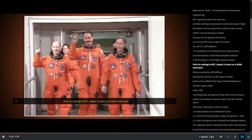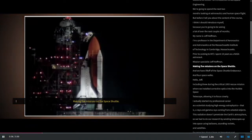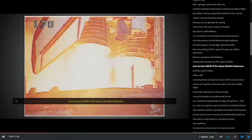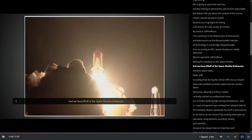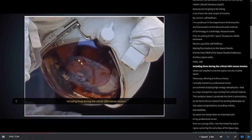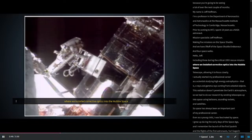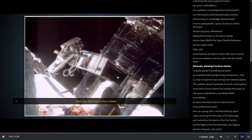Prior to coming to MIT, I spent 19 years as a NASA astronaut, making 5 missions on the Space Shuttle and 4 spacewalks, including 3 during the critical 1993 rescue mission, where we installed corrective optics into the Hubble Space Telescope, allowing it